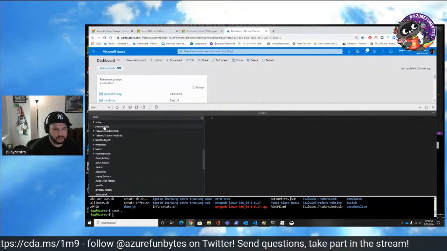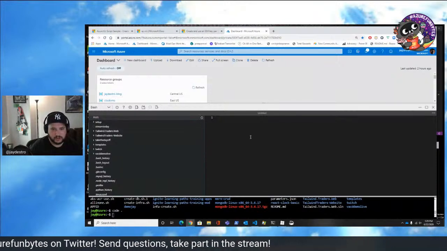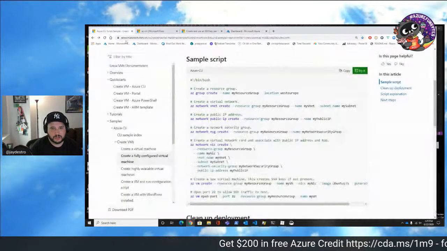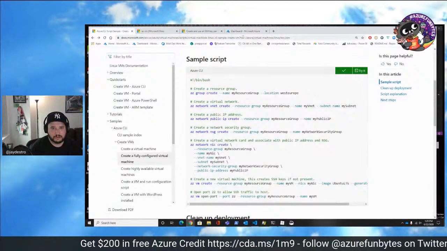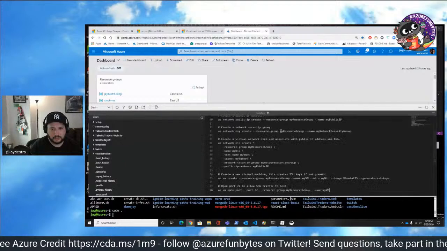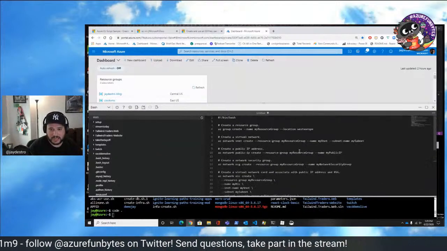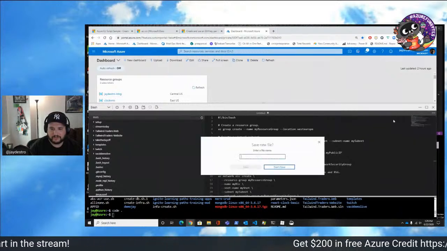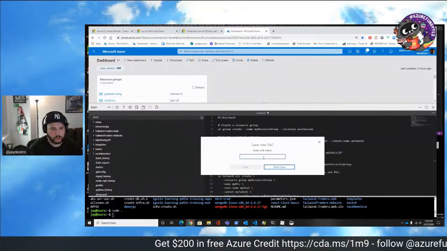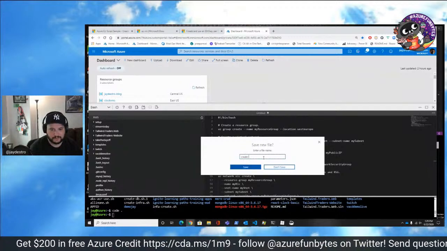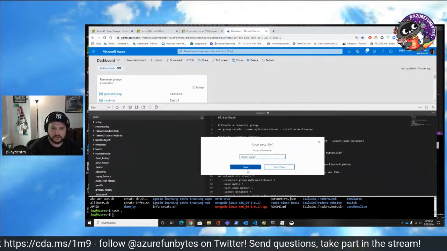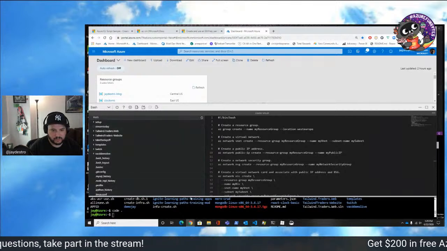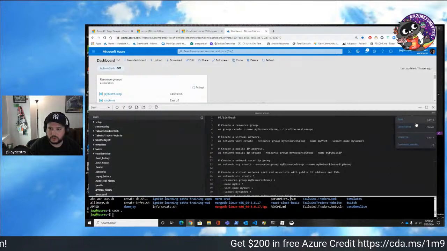And so in stream today, what we can do is create a new file. So what we're going to do is essentially go to this script, copy it, go back here, paste it all in. So now it's in our editor, and what we can do is go here and save the file. So we're just going to call the file create vm.sh. Save it. Cool. So let's see, where did it save the file? I'm going to just close the editor.